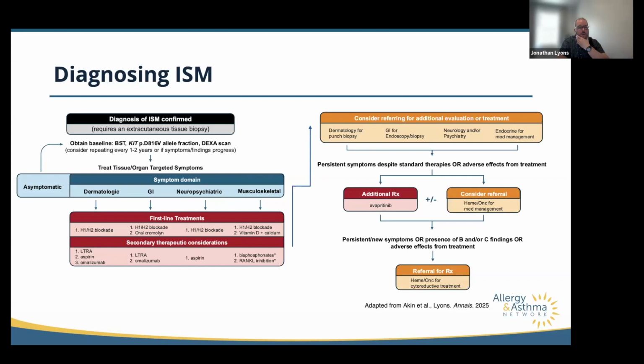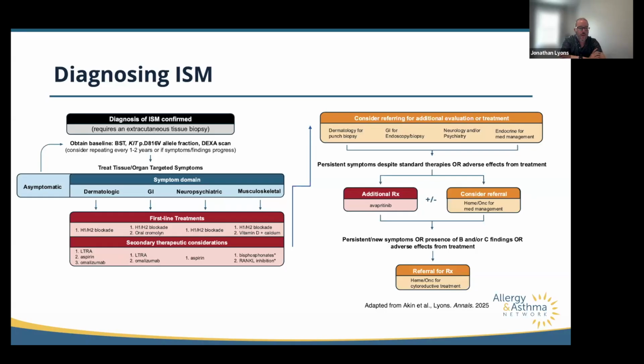Okay. And so importantly, and I think one thing that often gets overlooked, is patients with clonal mast cell disease often have bone problems. They develop osteopenia, osteoporosis, osteoporotic fracture, lytic lesions, and have a lot of bone pain as well. And so we talk about things to potentially measure over time, including tryptase levels, D816V allelic fraction. Importantly, measuring bone density over time is critical, especially if they have early onset bone density issues.